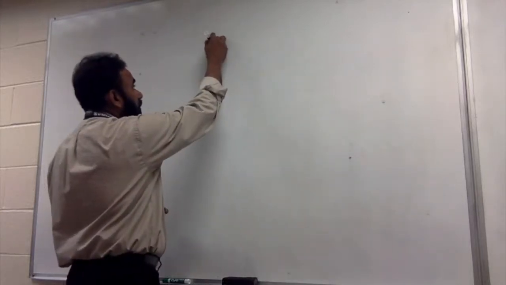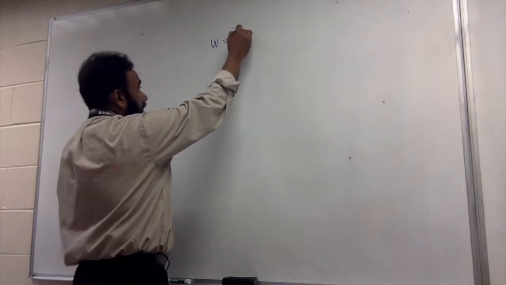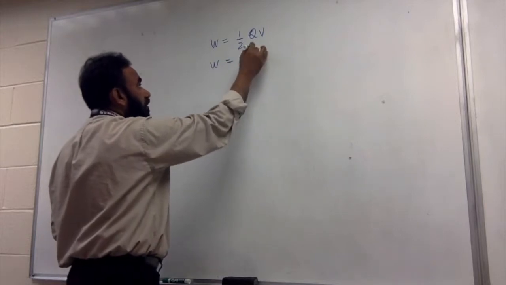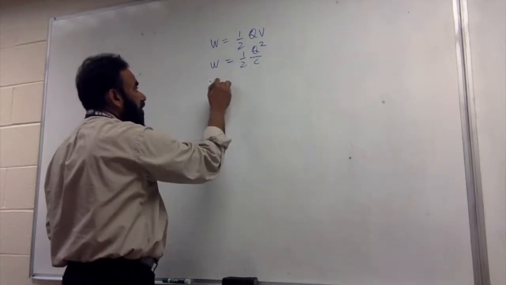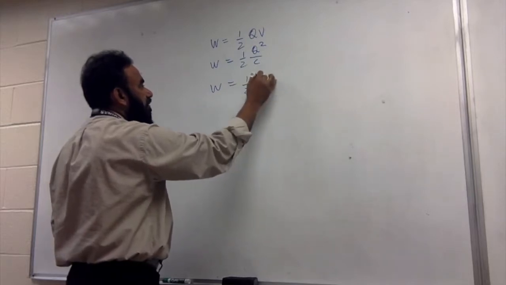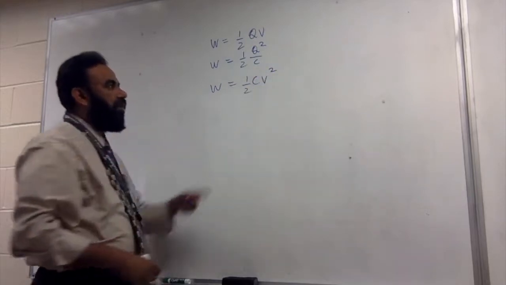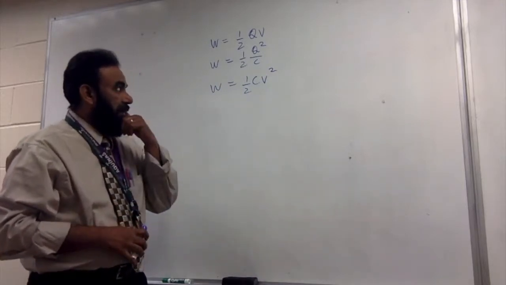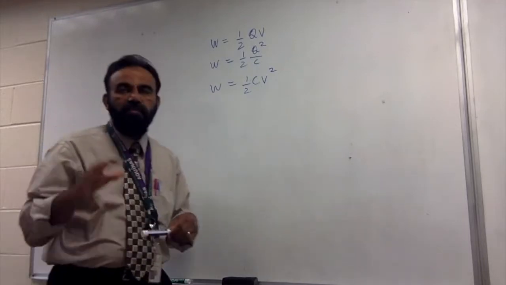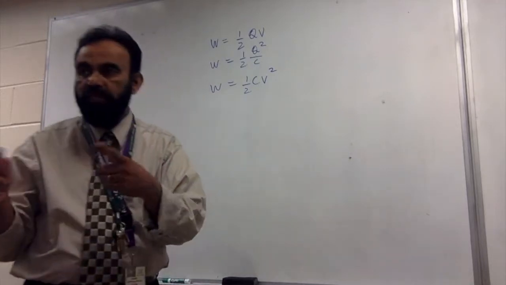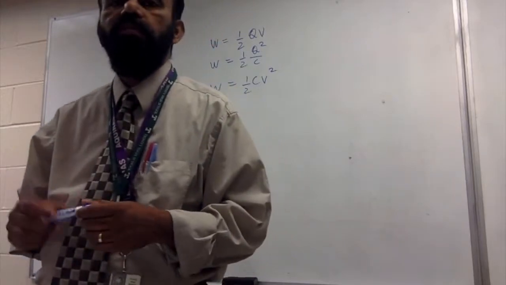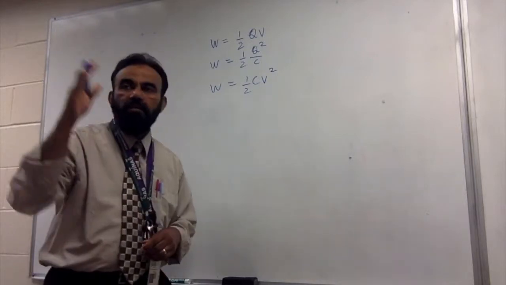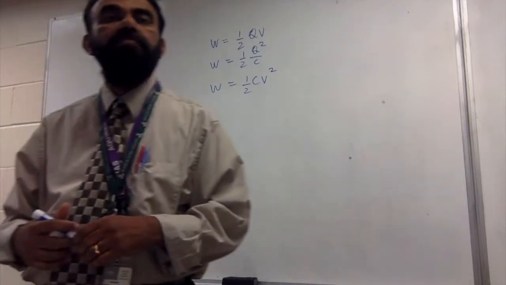The energy stored, or the work done in charging the capacitor, is half QV, also half Q squared over C, also half CV squared. This is a very commonly used equation. So this is the energy stored in a capacitor, and I derived it both ways, right? The integral approach and also the summing of the areas. Basically the area under the triangle of a graph of Q versus V gives you